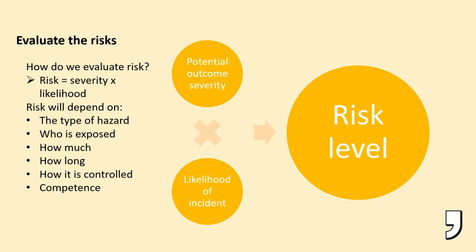Evaluating risk. So how do we evaluate risk? We use a calculation which basically means the severity times the likelihood on our risk matrix. So risks will depend on the type of hazard, who's exposed, how much they've been exposed, how long they've been exposed for, how it's controlled, and the level of competence. So we have the potential outcome severity times the likelihood of an incident, and that's how we get our risk